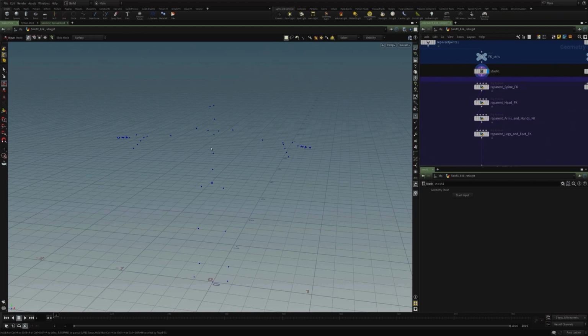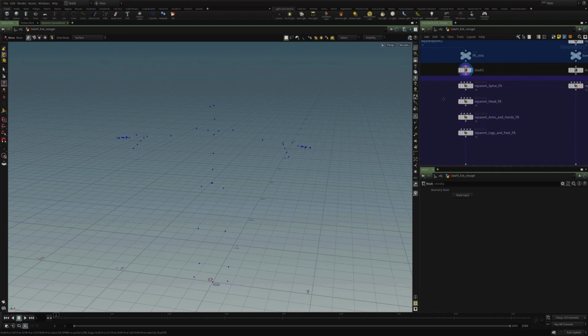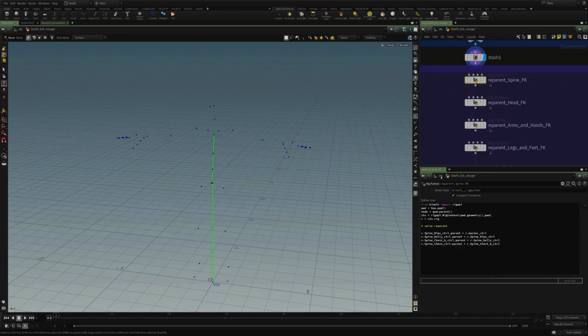Now that we have our FK controls, we need to set them up in a hierarchy. And I'm doing that with these rig Python SOPs, separating them out into spine, head, arms and hands, legs and feet, just for organizational purposes. You could use one node for this if you wanted to, but I find it nice to organize them in terms of sections. So with this reparent spine FK,